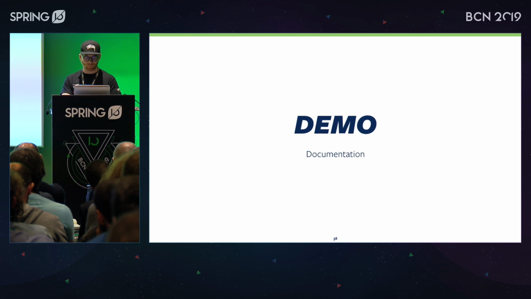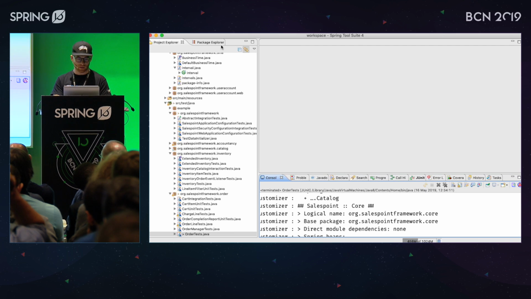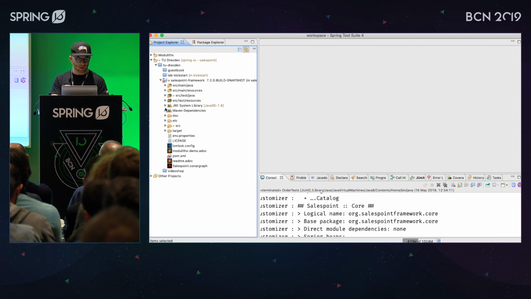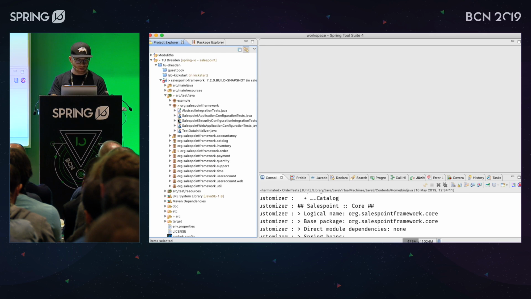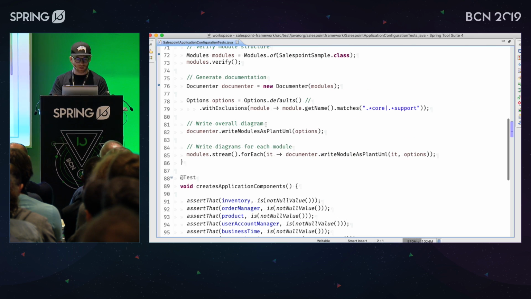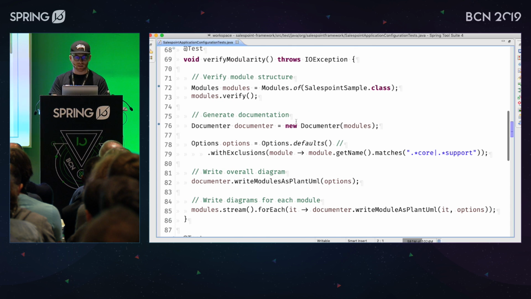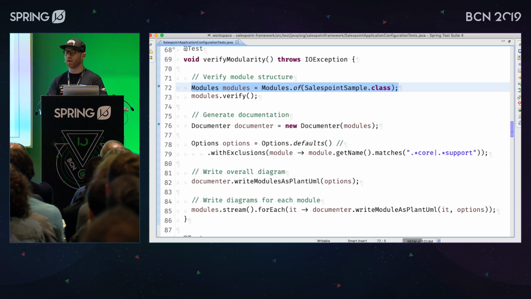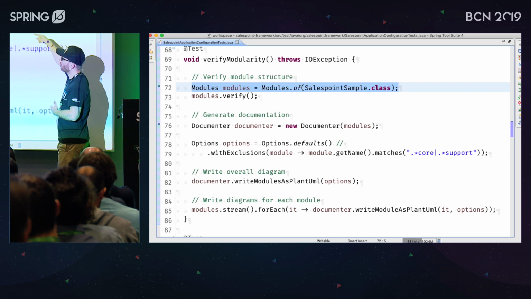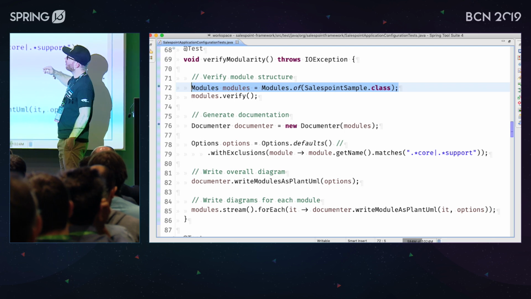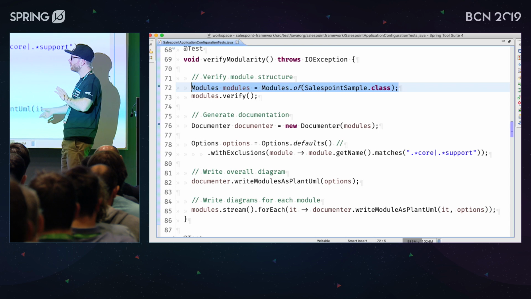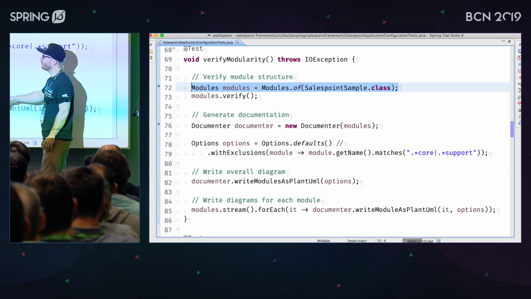And there's just a tiny API that you can use to create those diagrams again in a test usually, and that looks something like this. I can pull that up a bit. So you again say, okay, go ahead, please analyze the module structure. Then you use that documenter module, and there's a couple of options that you can define for what should go into the diagram, what shouldn't. And then there's just a tiny,